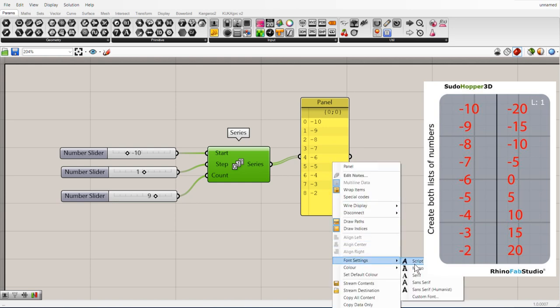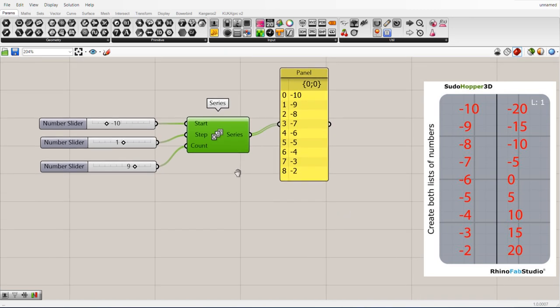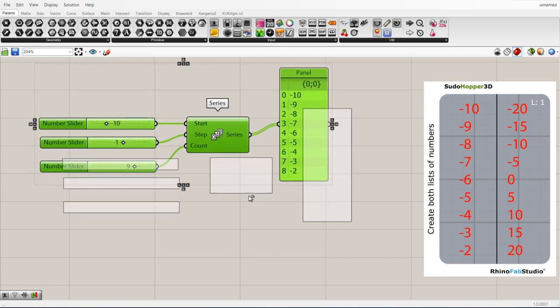I'm going to change the font, and it looks like we have the first list. Copy paste,